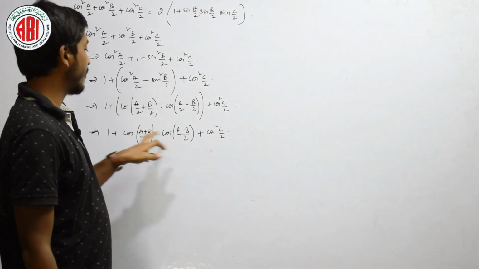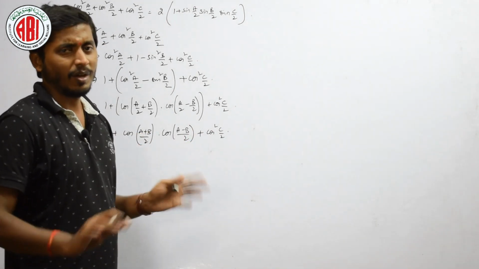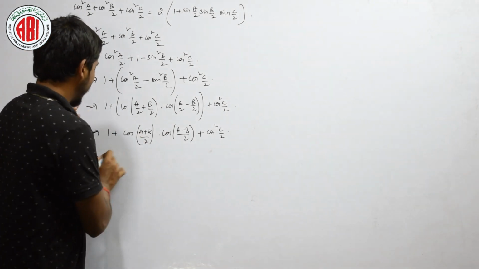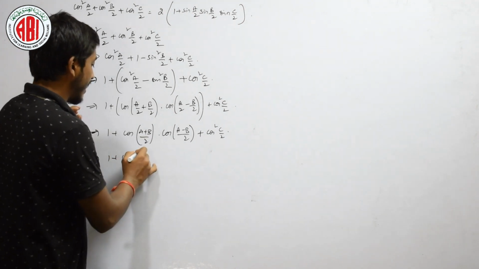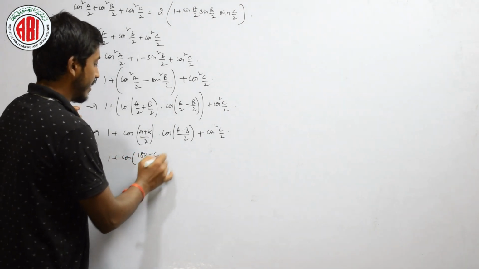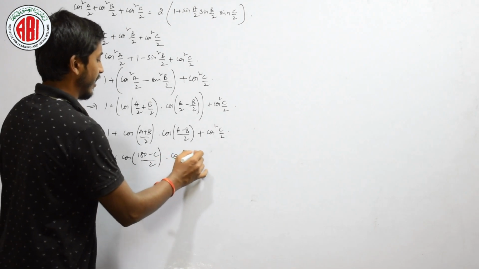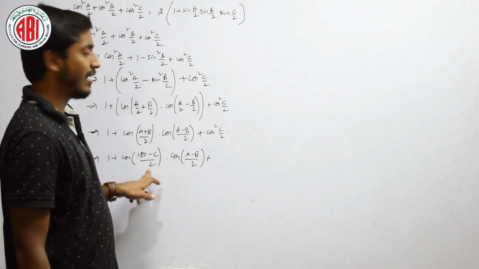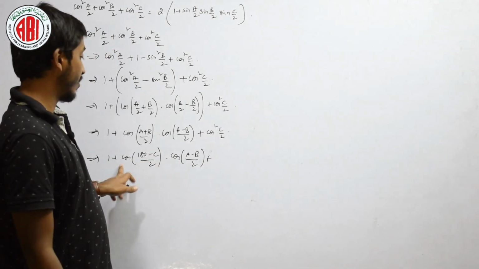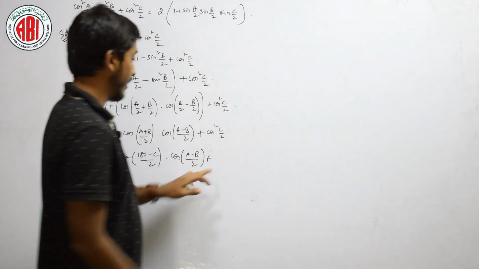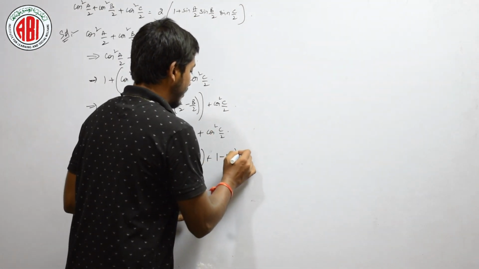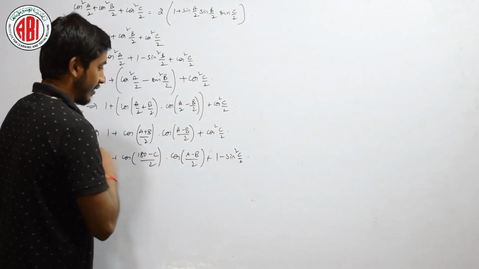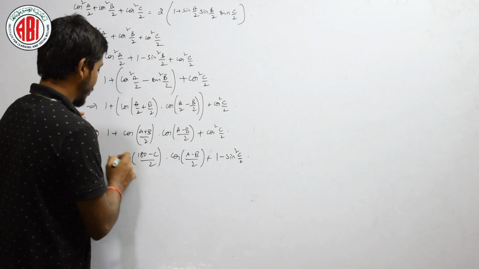Now can I convert this a plus b into c? This will be common in most of the problems of last exercise. Can I write this a plus b as 180 minus c? Let us write it here itself. Why write again in rough, again to substitute it. Okay. What is this 180 minus c by 2? That is nothing but 90 minus c by 2. This will become as sin. So better we will change this cos as 1 minus sin square c by 2 here itself.